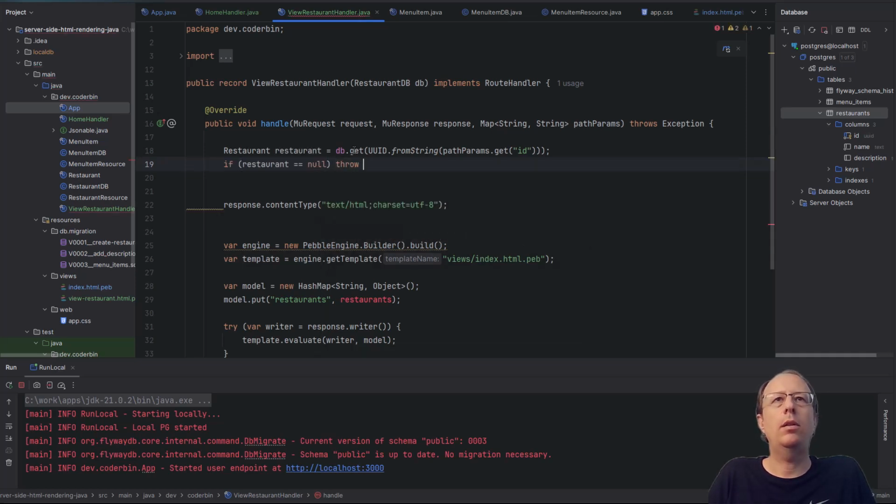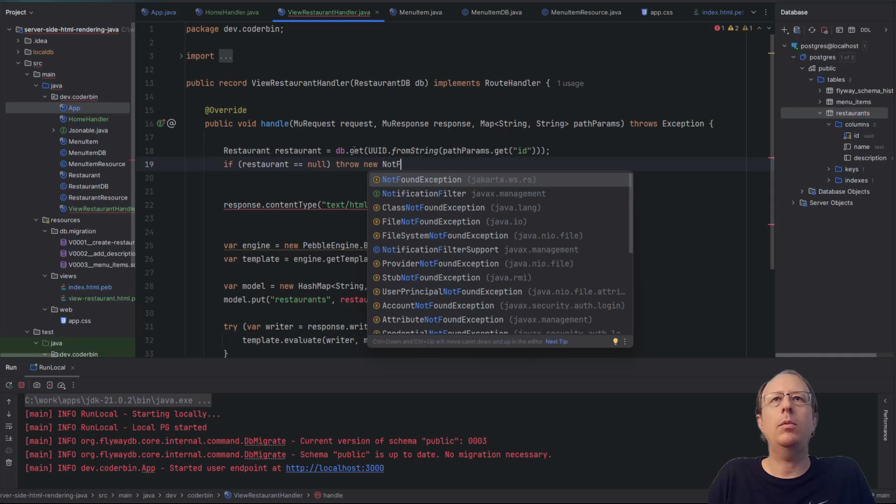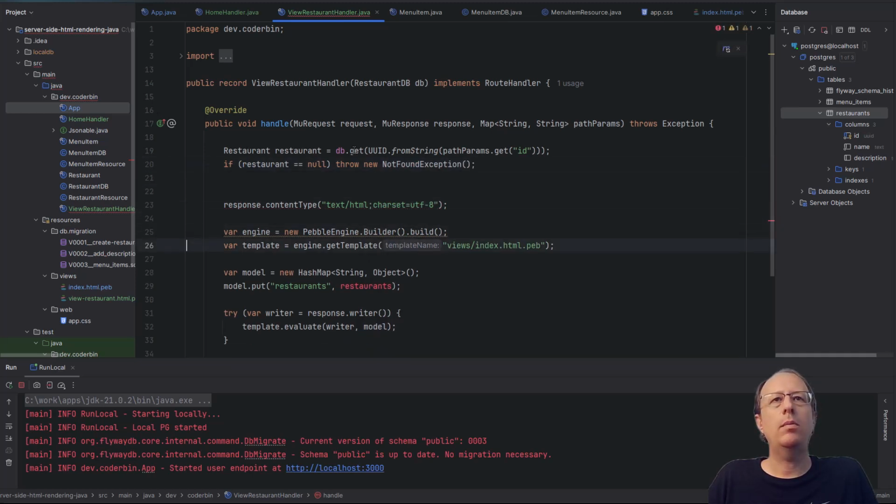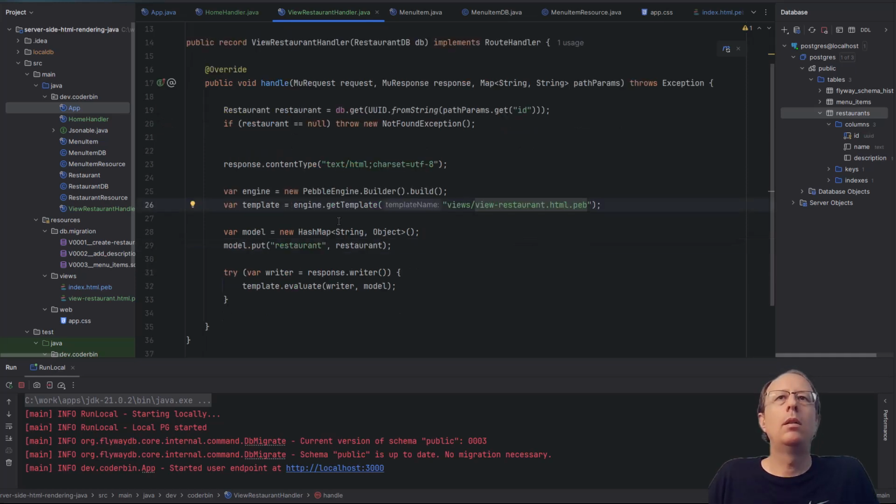So let's just throw a new not found exception in that case, so that'll do. Okay, the rest of it is mostly similar to before. This time we've got a single restaurant in our model. And our view name has changed to view restaurant.html, but maybe you're noticing already a bunch of similarities here.